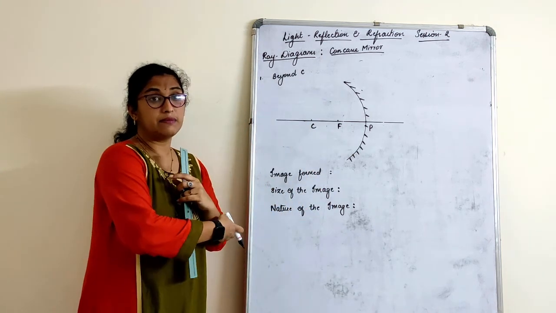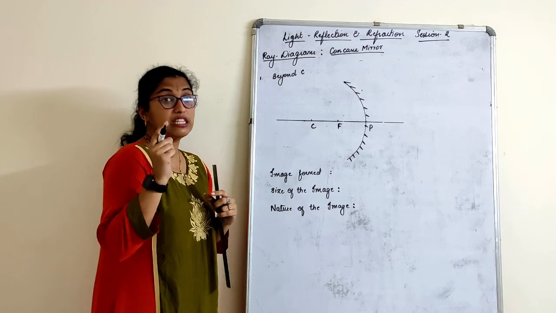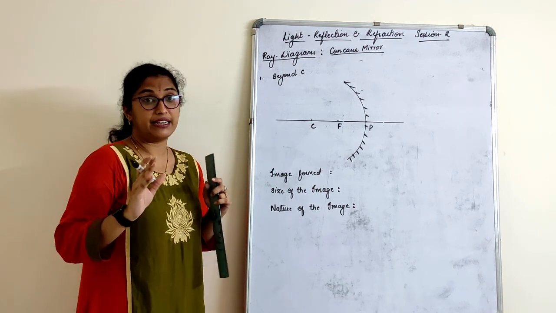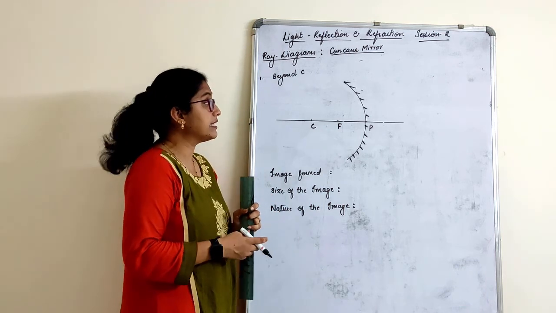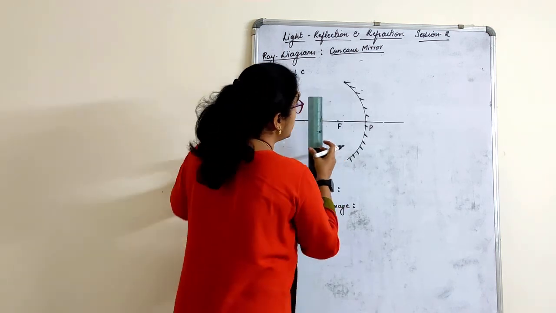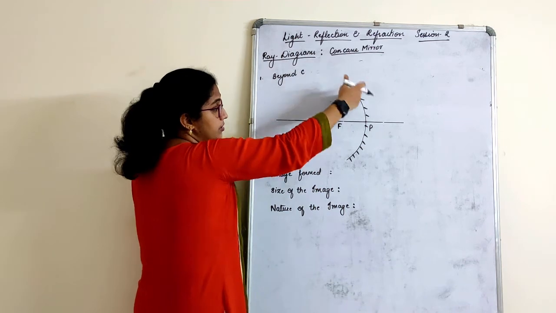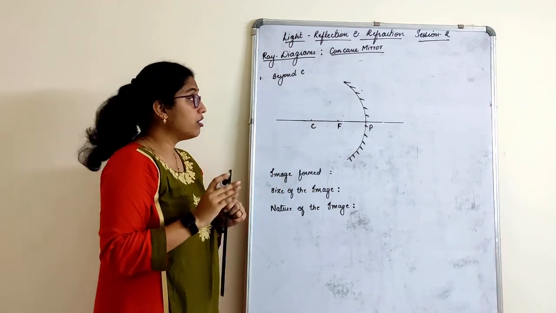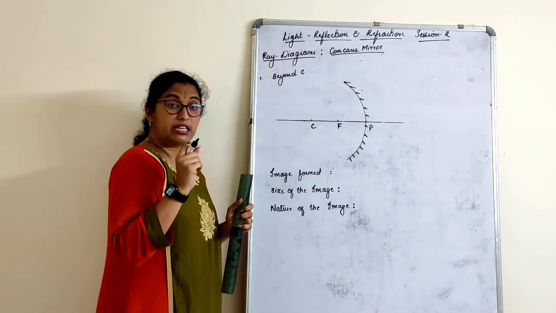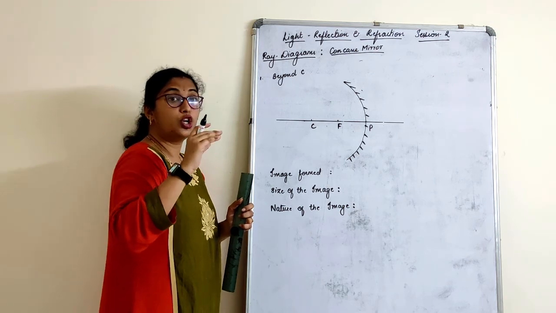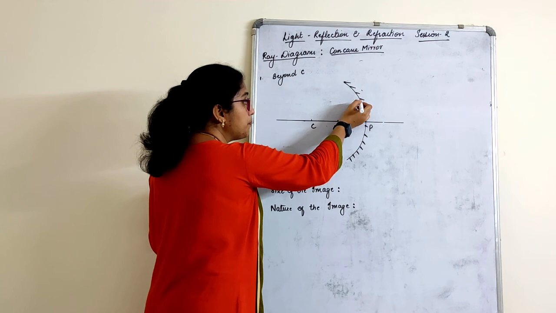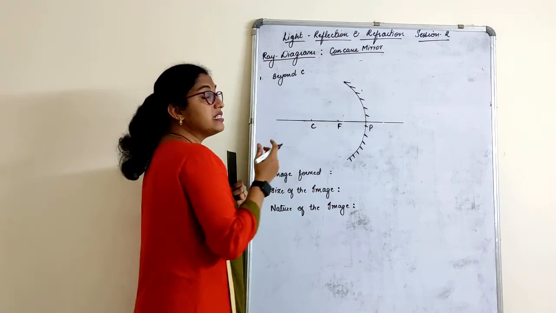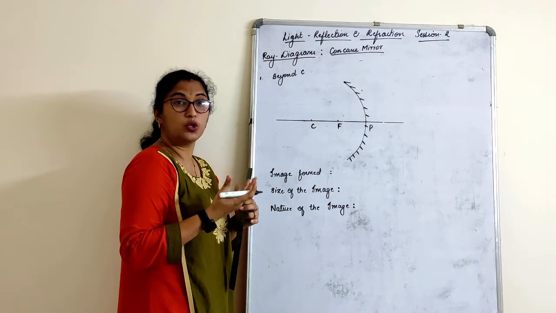Now always remember what should be the size of the object. Now infinity, fine, it was known to us. Now see here, children, I will not give you the accurate size, because here I can't tell you what size it has to be. Now see, this is your mirror. Always take the size of the object not up to the size of the mirror, and not very small. Take at least 3/4 of it. Right? You will understand that.